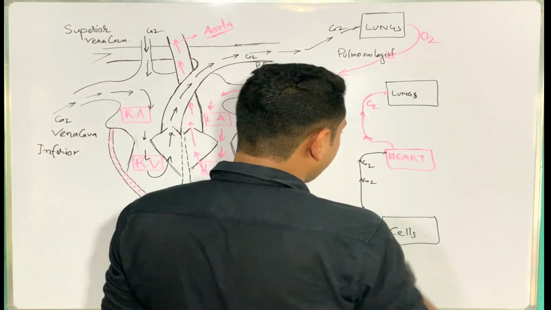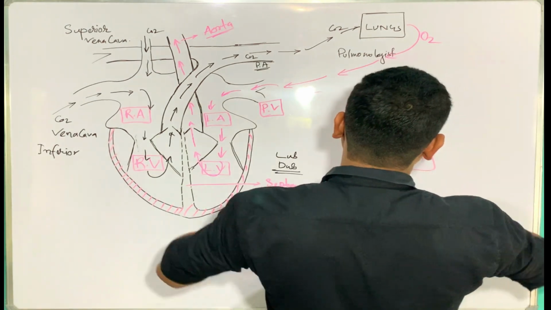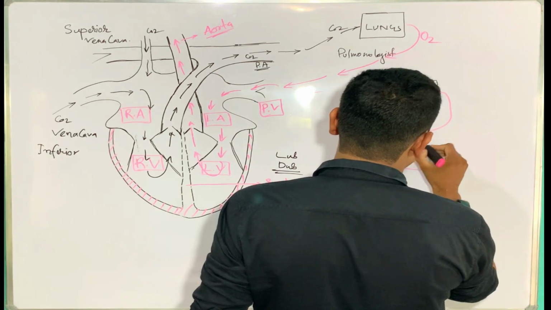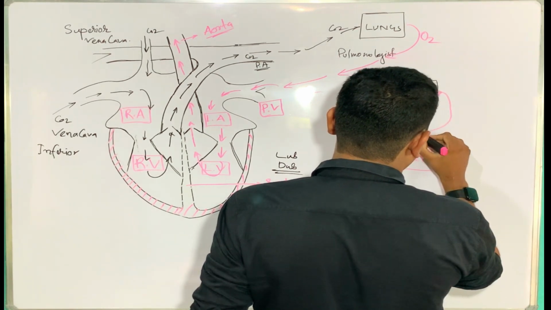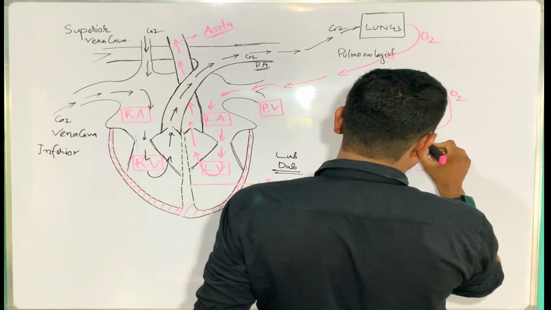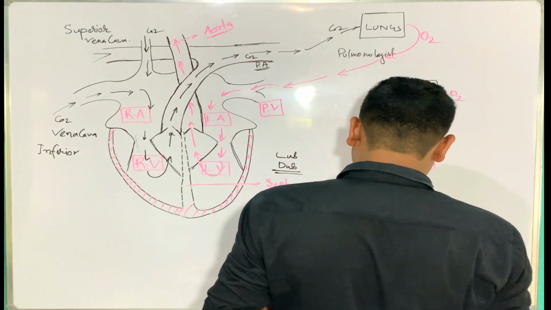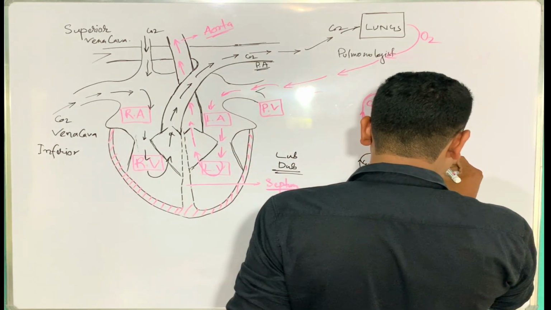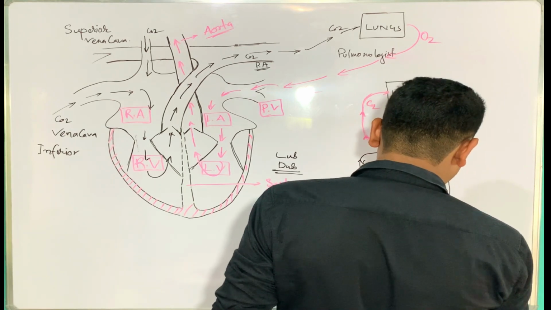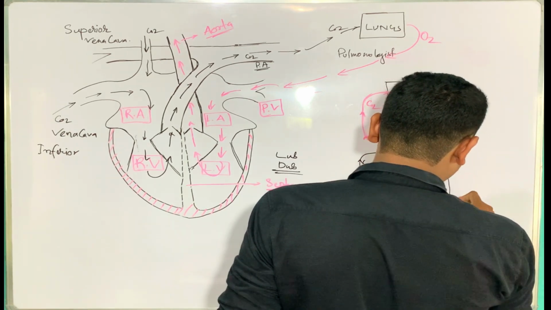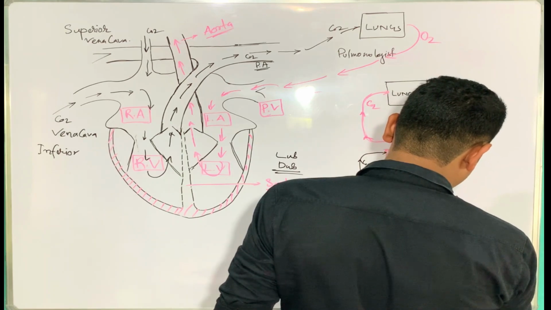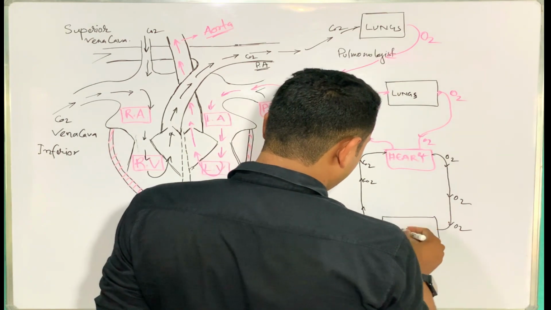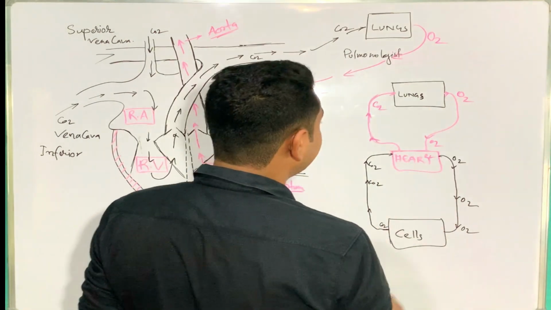And in the lungs, an exchange of gases occurs, as I have told you earlier. So it will give carbon dioxide here, and from there it will take oxygen, since the exchange of gases occurs, and it will come to the heart as oxygen. From the heart it will again be distributed through the aorta to our body. After that, during respiration, this oxygen will be absorbed in the body and carbon dioxide will be released.